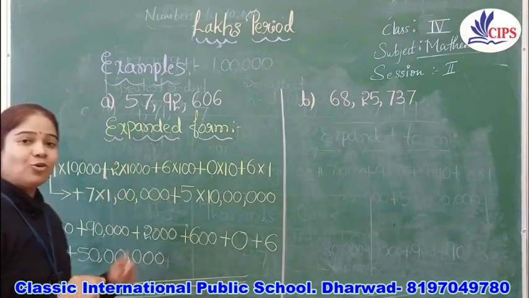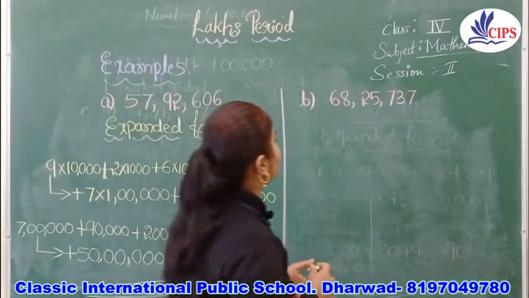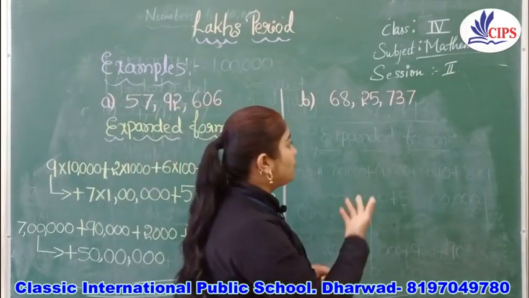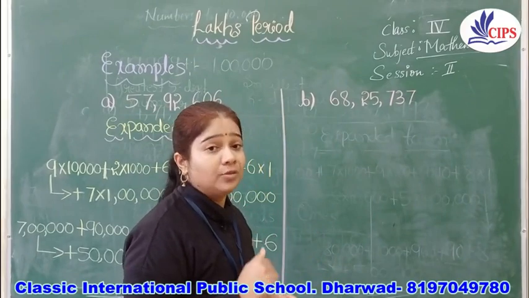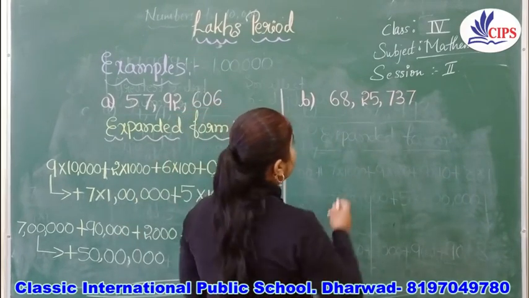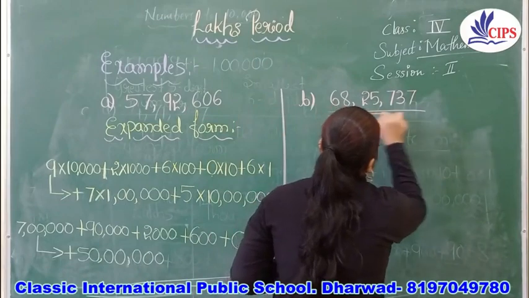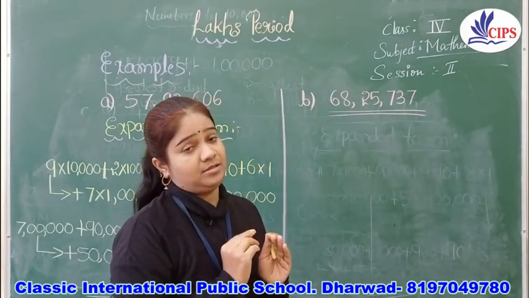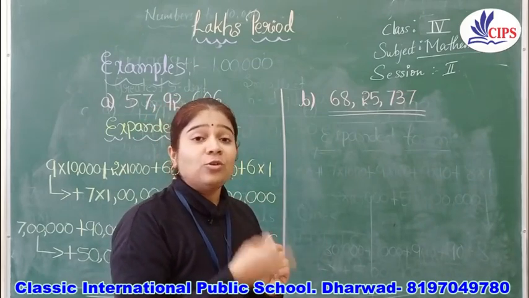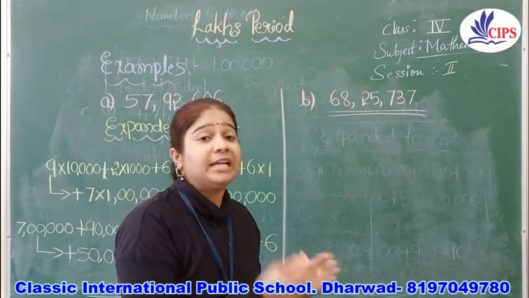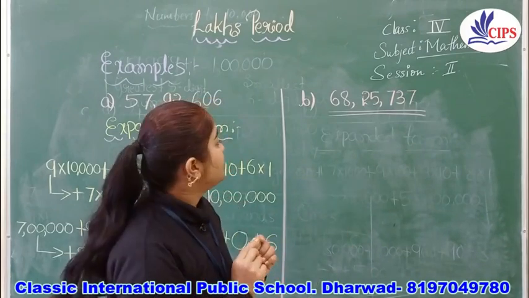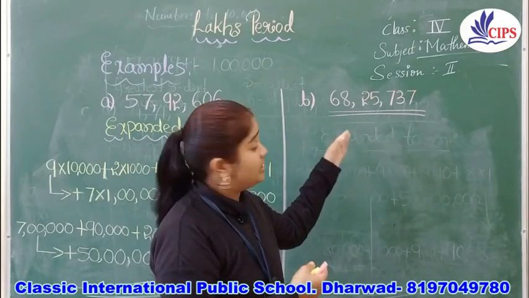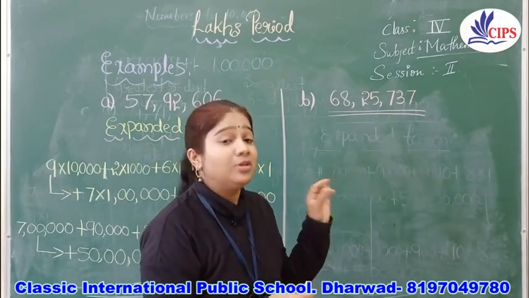Yes. Hope you understand this sum. Okay. Let's try one more example on this. Along with me, you also solve it in your book. So, the first and foremost thing is you have to identify the place value of the digits of that number. Then only you will be able to write the expanded form. Okay. So, now if you want to read this number, just go through the place value chart.